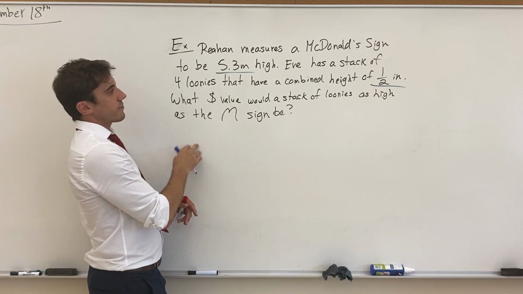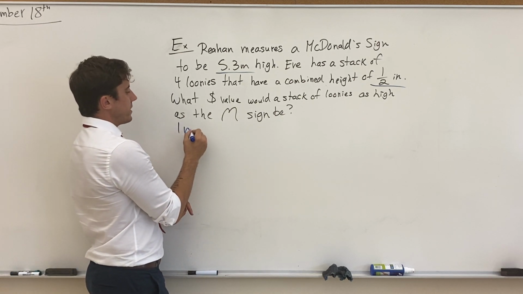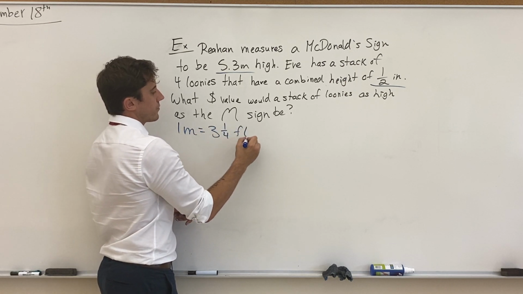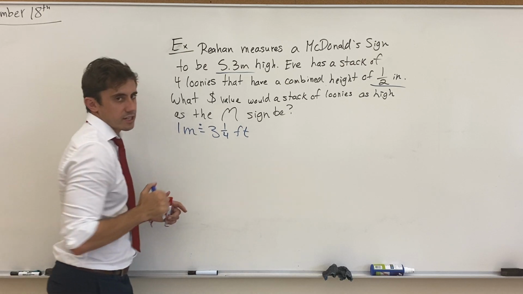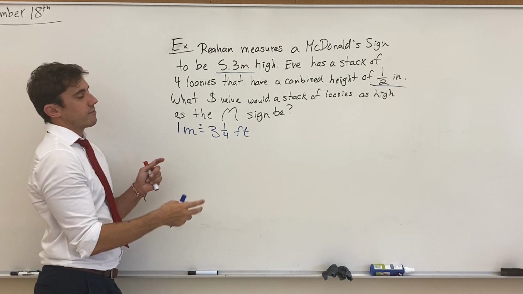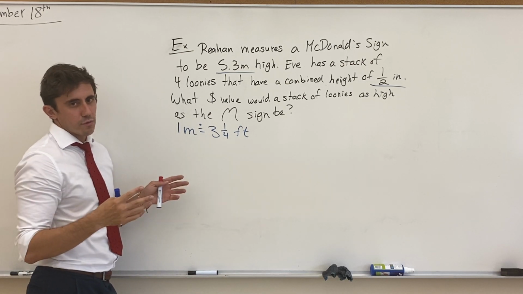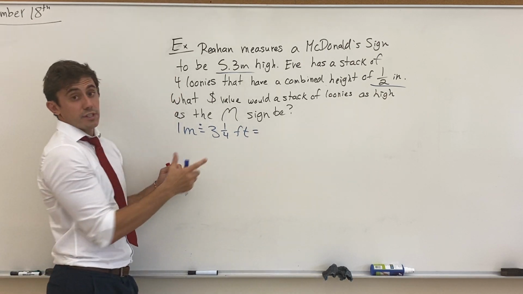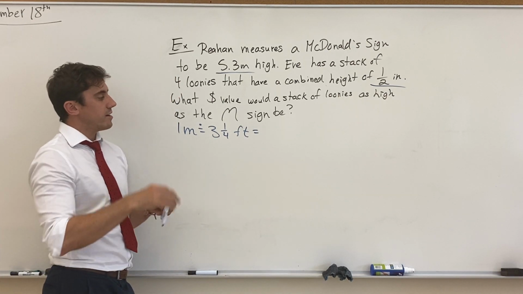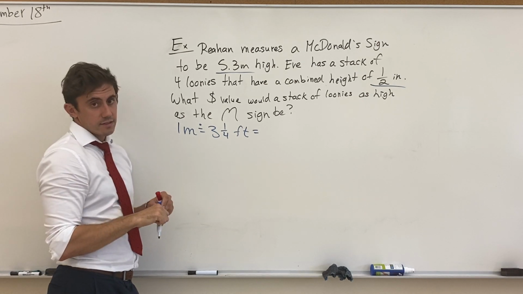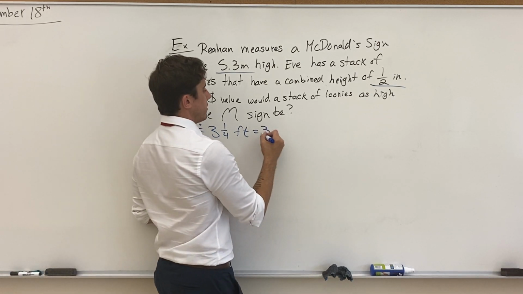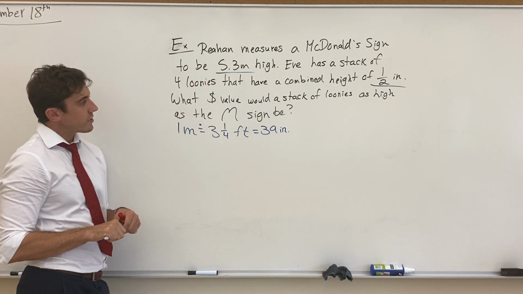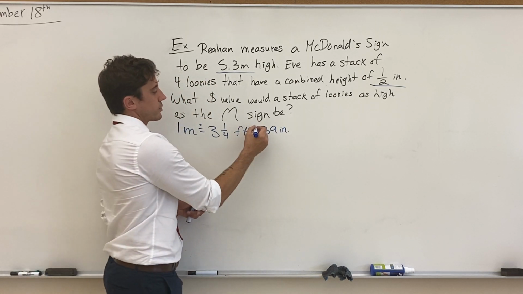Let's first remind ourselves of our conversion rates. So we know that 1 meter is equal to roughly 3 1/4 feet. We use a dot in our textbook, or the equal sign, to signify roughly equal to, because these are rough approximations for conversion rates. And we know that since each foot contains 12 inches, 3 1/4 feet would therefore contain 39 inches in such a group. And so now that we have this conversion rate